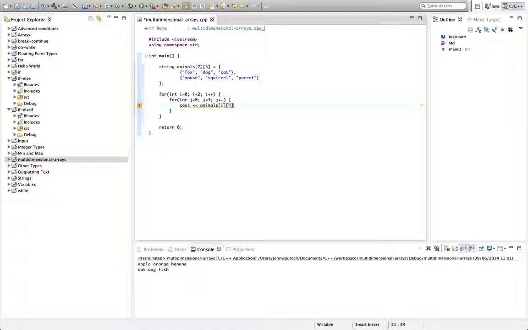So here we're going to put j. And now I'm going to output flush there. And let's have a space after that as well to separate the individual elements, like that. And I'm going to put the new line after this inner for loop, but within the outer for loop. Let's just have a new line, cout endl, because that will mean that every time we iterate through one of these arrays,